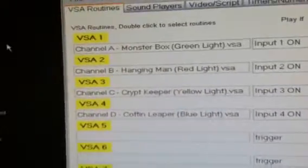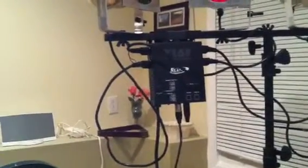Hello, this is Stan. I'm getting ready to test the final program in DM Exorcist and running the VSA routines for the 4 props that I have set up. You can see here I have channel A, B, C, and D. Those map to my 4 power outlets on my